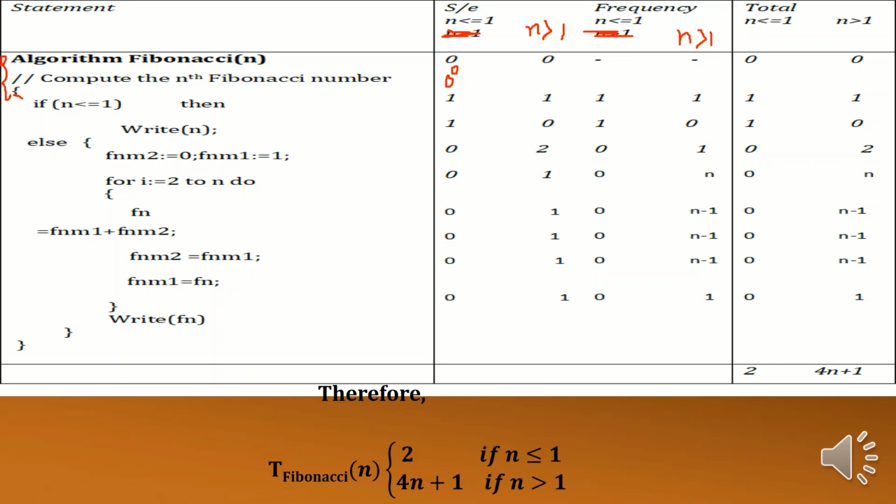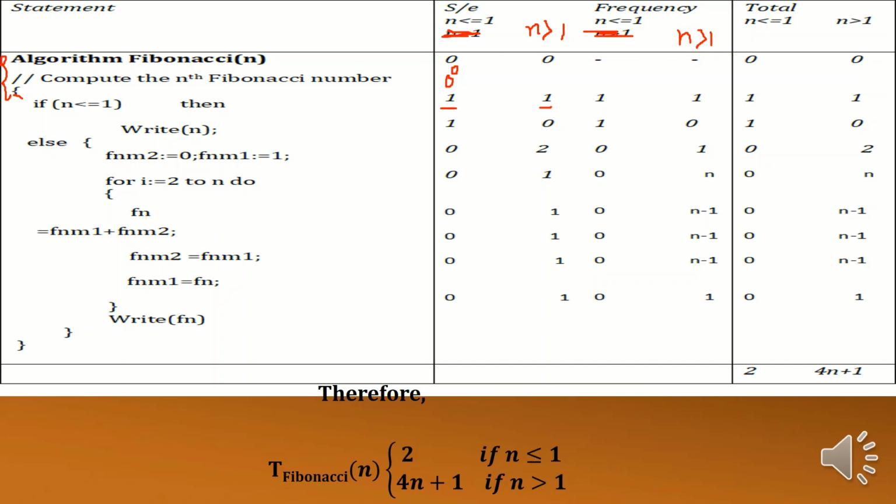For n greater than 1, the if statement gets executed for both cases, n less than or equal to 1 as well as n greater than 1. So that means this gets executed one time, and the frequency is 1. So 1 into 1 gives the total number of steps.